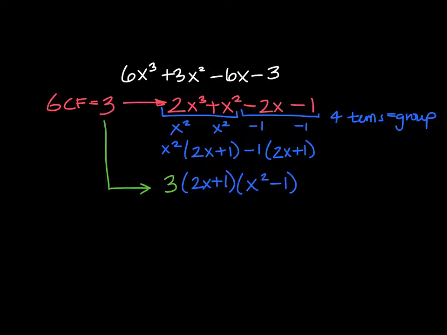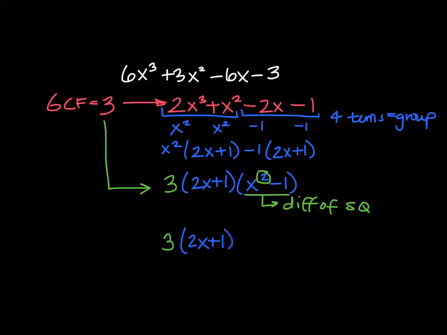And this looks like it might be the final answer, but we always need to check our different factors. 3 obviously can't break down any further. Right here, in the 2x plus 1 factor, I can't break that down any further. It's already broken down because it's just an x by itself. If I have x squared, I need to check and see, does that break down any further? Well, you might notice that this right here is difference of squares. And I know that because I've got subtraction and I have an exponent of 2, which means that portion breaks down further. So now I'm going to have 3 from my GCF,